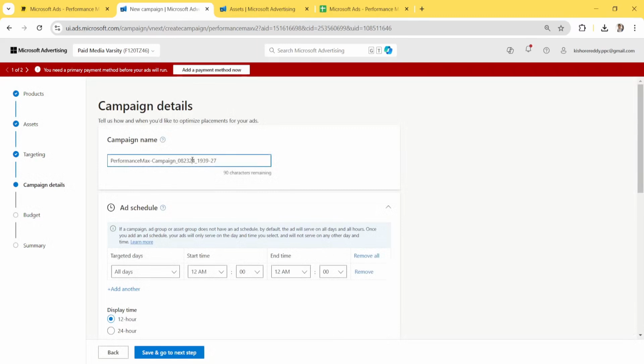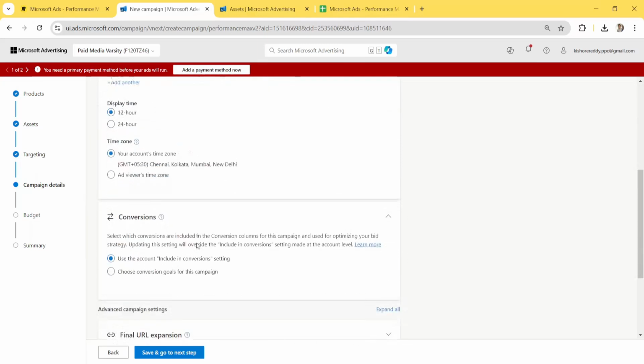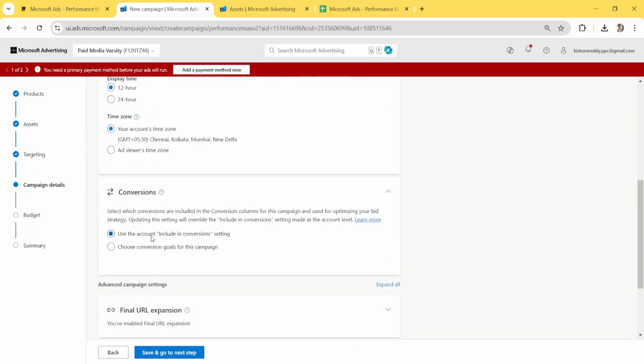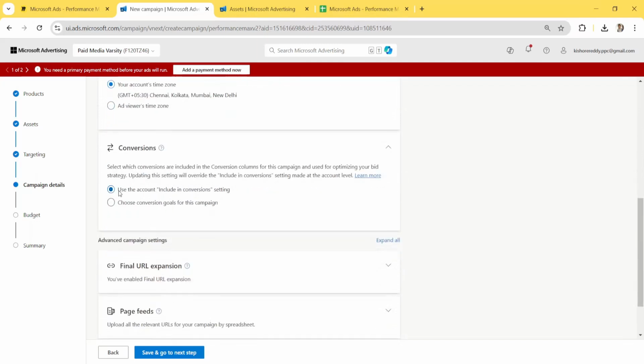So here you need to name the campaign. This is the demo campaign, right? And here you can give the ad schedule. So make sure that you select the proper conversion action. Okay, here I am selecting the account level only, but when you create the campaign, make sure that you select the appropriate conversion action. We have also discussed this multiple times, the importance of selecting a proper conversion action while creating